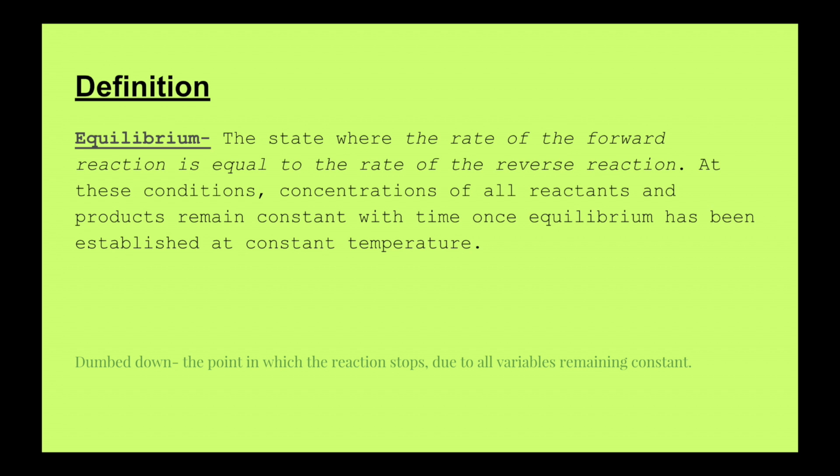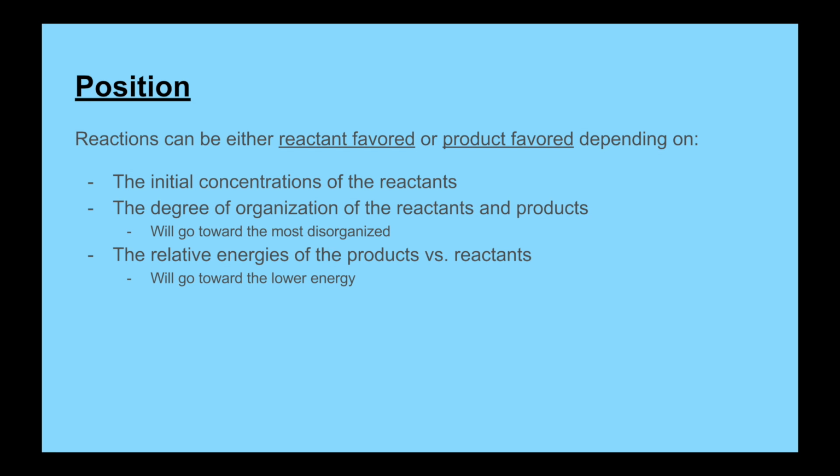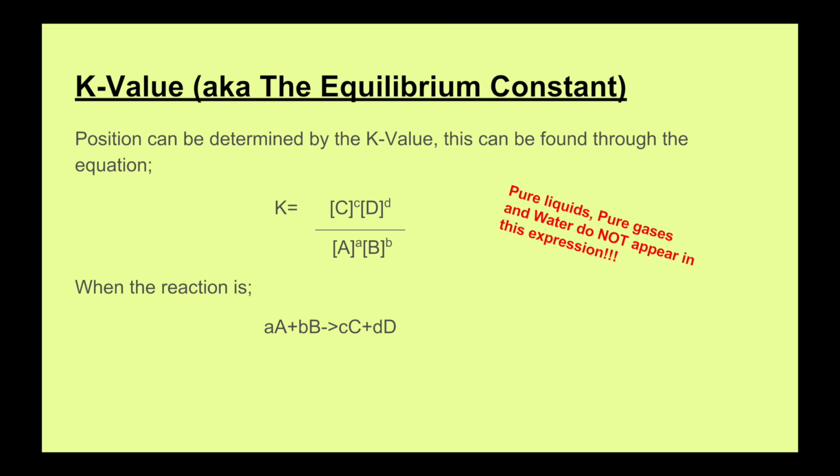Our project was focused on equilibrium. Equilibrium is the state of a reaction where the concentrations of the reactants and products are equal at a constant temperature. Due to equilibrium, reactions can be either reactant or product favored depending on the three conditions listed on this slide. The favorable side of the reaction can be found by calculating the K value through the use of the